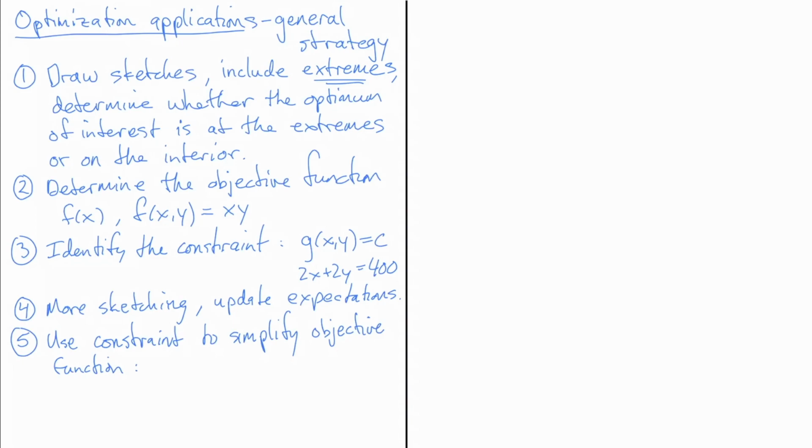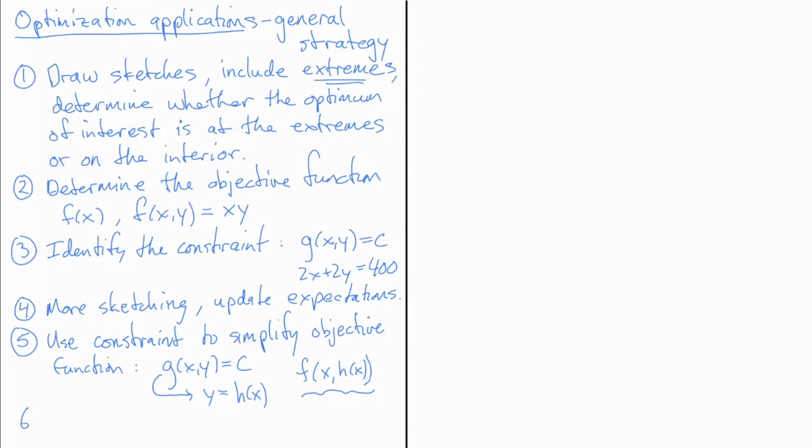So what I mean by that is use g of xy equals c, solve this for y, and then reduce your f of xy to an f of x comma h of x, where we get an expression y equal h of x as the solution of this constraint. It could be equal to 0, but let's say it's equal to some constant or some standard expression like that. Okay, and now once we have f,